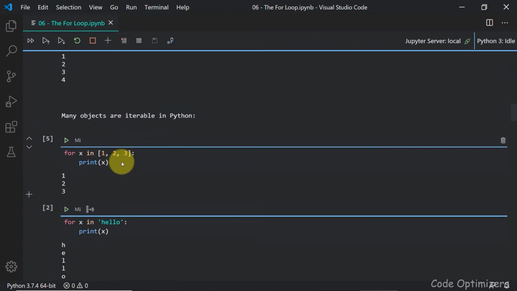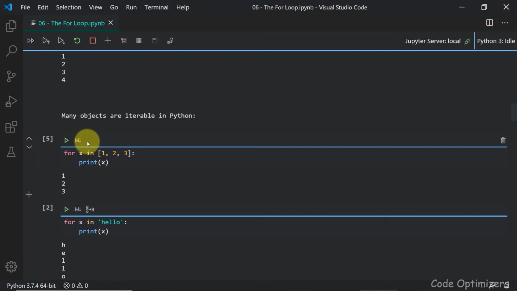So let's move ahead. We have iterables like list. The for loop is used only with an iterable. Here we have a list 1, 2, 3, and we iterate over this list. The list will return the first element.